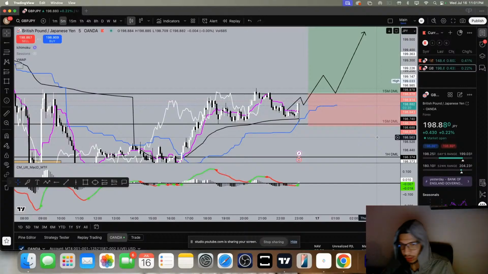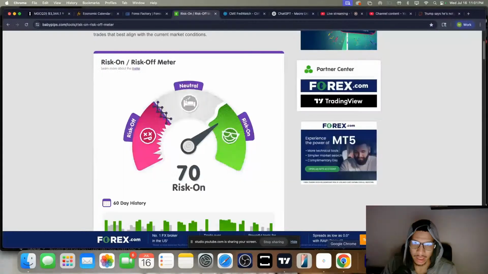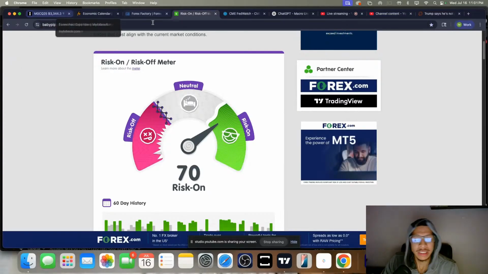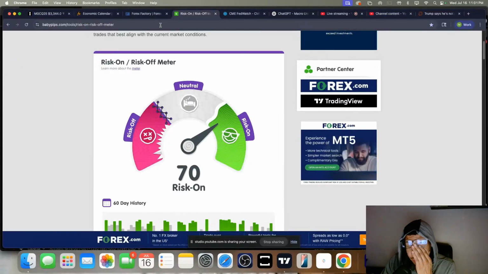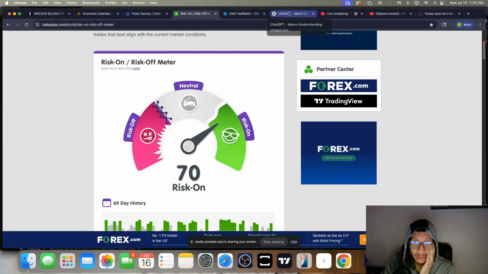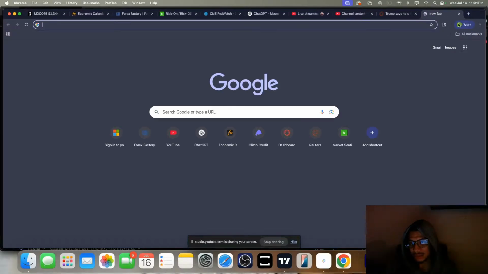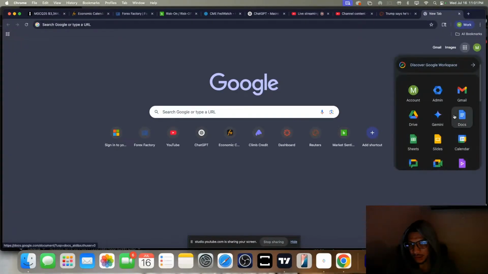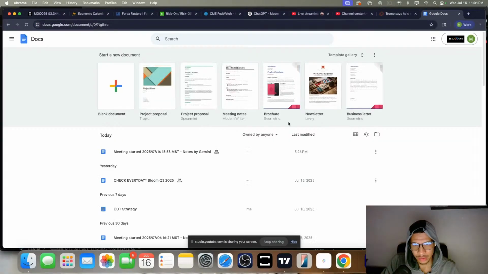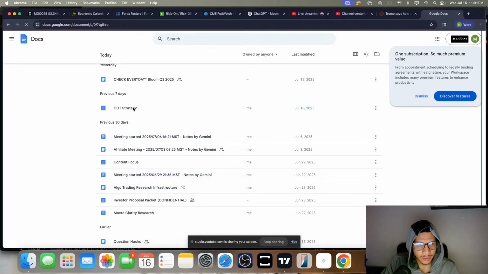What is due for a correction? Yeah, no, I definitely feel you on that. There's something called the commitment of traders that I've been trying to follow more, and just gain more understanding on. I have this spreadsheet I'll show you real quick,